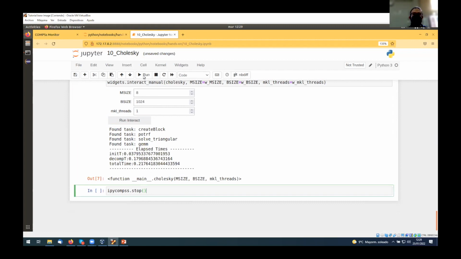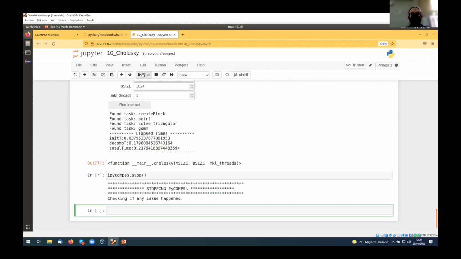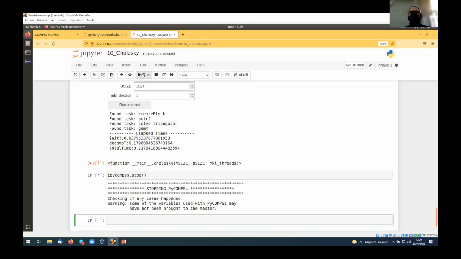But the interesting thing here that we want to point out is that no matter what your algorithm is, we will try to do our best with the minimal impact on your code to extract the maximum parallelism. And this code is especially interesting because of the task dependency graph that is generated,